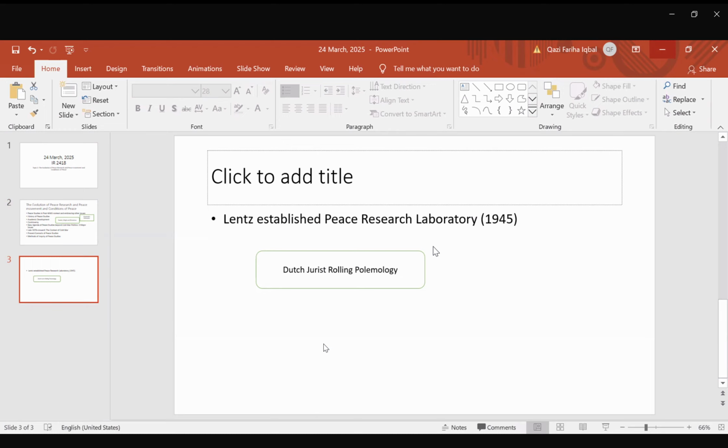So in this book, he emphasized that study of human attitude is essential in understanding the phenomenon of war and peace. He basically focused that the study of human attitude, or especially the subjective and emotional factors of human beings, are important to study the phenomenon of war and peace.